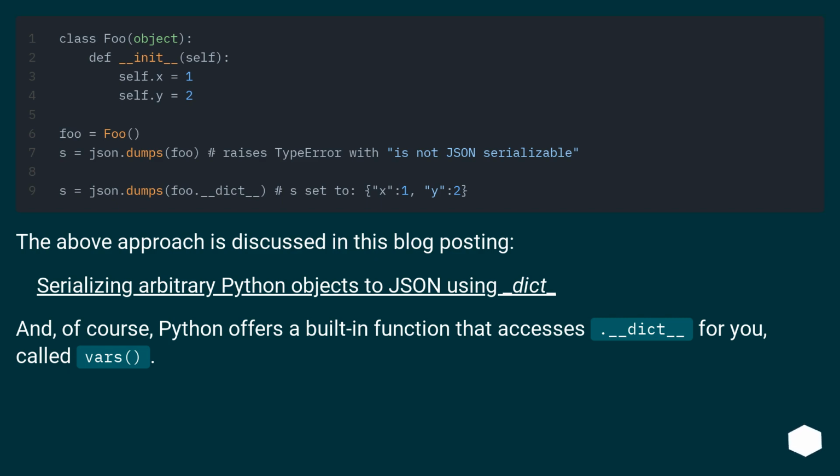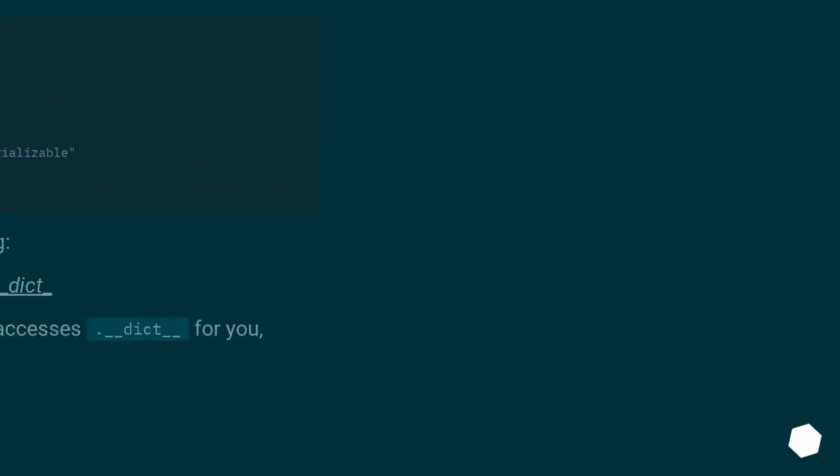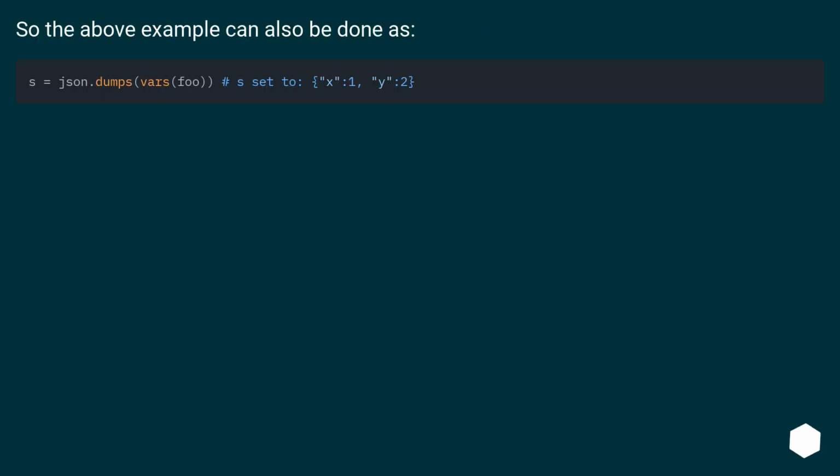The above approach is discussed in this blog posting, Serializing arbitrary Python objects to JSON using __dict__. And, of course, Python offers a built-in function that accesses .__dict__ for you, called vars. So the above example can also be done as